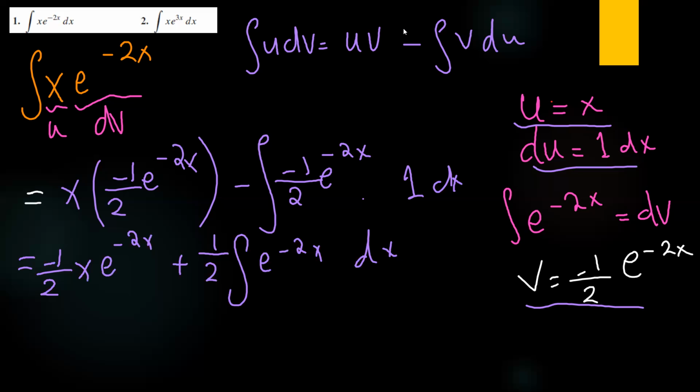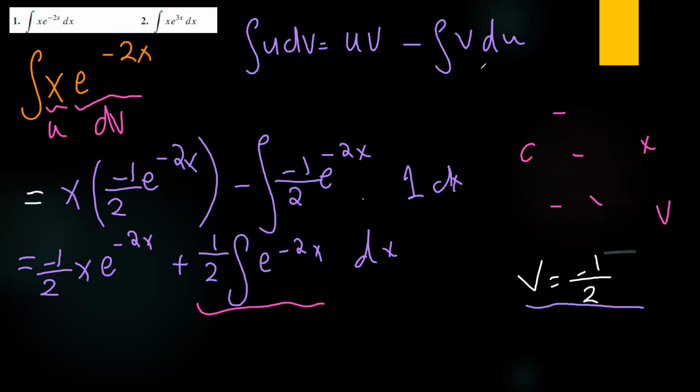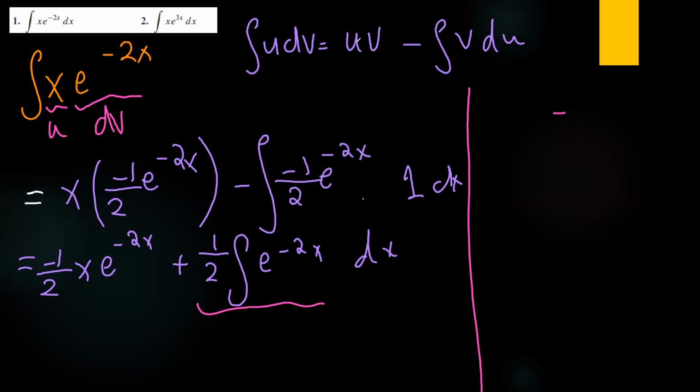Then after that here, the first part is found now, but the second part here, we have half e to the power negative 2x. This part here, we need now to integrate it. So then we need to find now the integration of e to the power negative 2x dx,